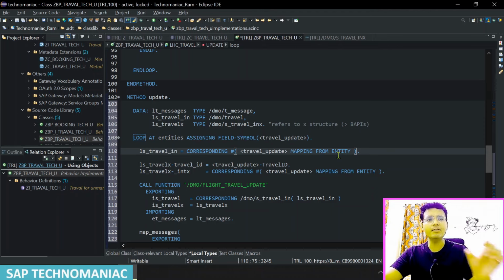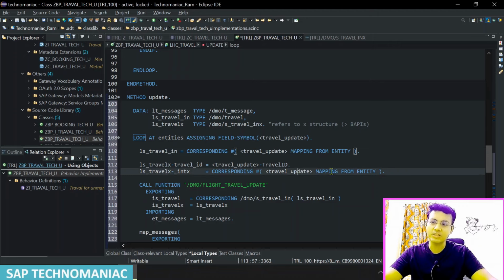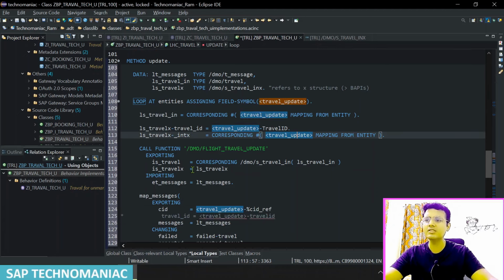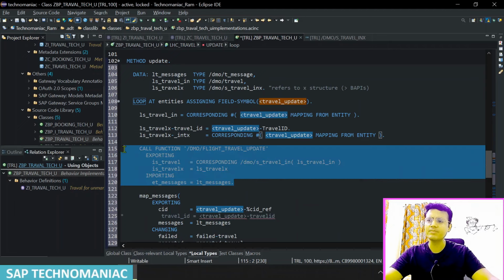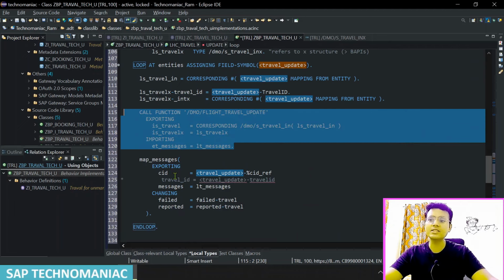Mapping from entity will be used to map data accordingly, whatever you define in your behavior definition. And using control only transfers the data which got changed, where the control structure has the flag. In this case we are passing the entire control structure from this particular update to the int x. This is the basic difference, and we are calling the function module as usual, and for map messages we have used the same map messages. But in this